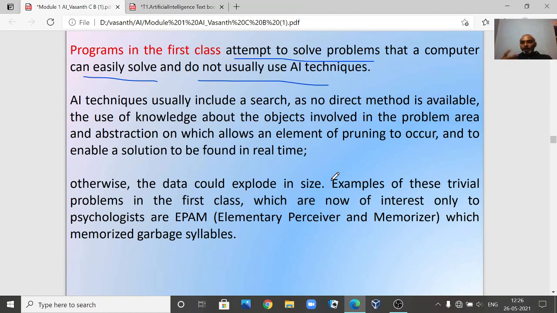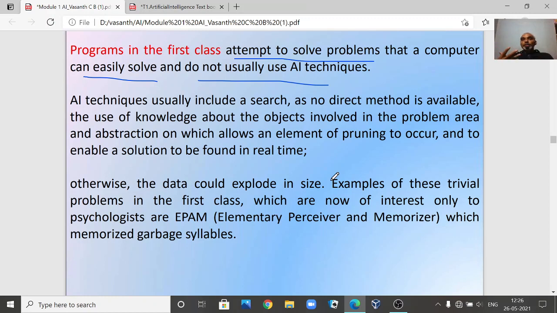So what level of intelligence do we want to model? We don't want to design a normal program which the computer can do in a better manner,